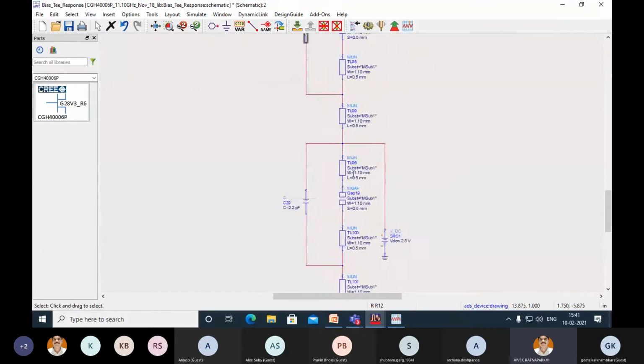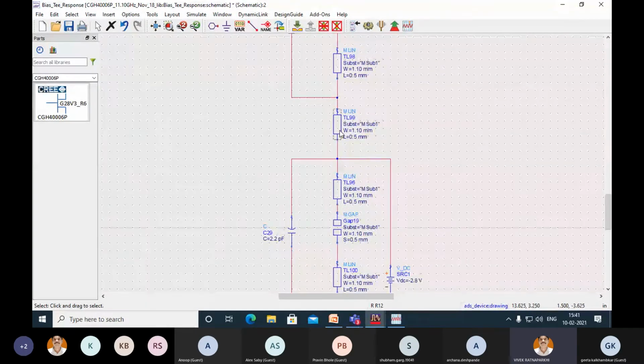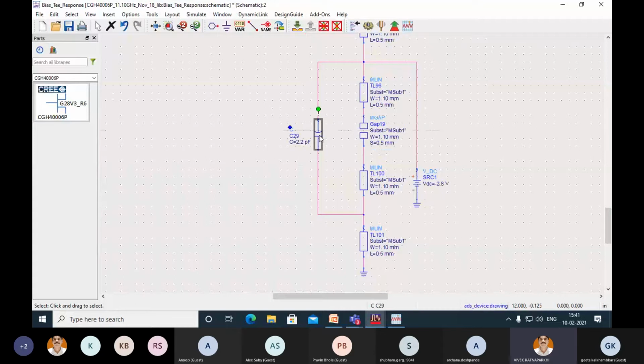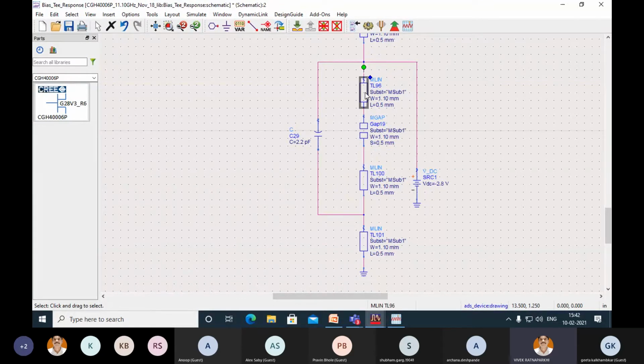Then what else? We have to insert the bypass capacitors. Again, I have some 0.5 mm length extension created, and a bypass capacitor of value 2.2 picofarad. Similarly, this capacitor will sit on the PCB, so these two pads will be there to mount the leads of the capacitor, and this is the spacing gap between these two transmission lines where this capacitor will sit at the time of fabrication. So some length is extended and made ground.